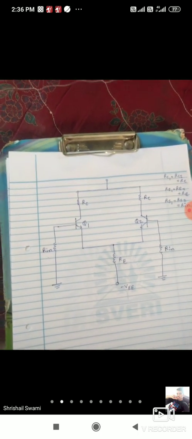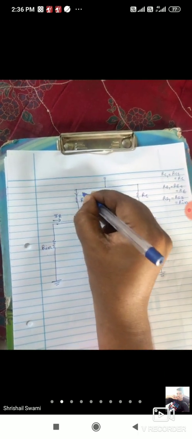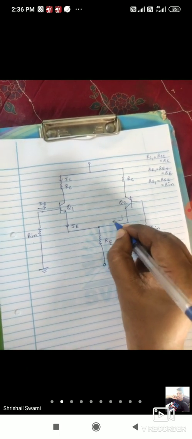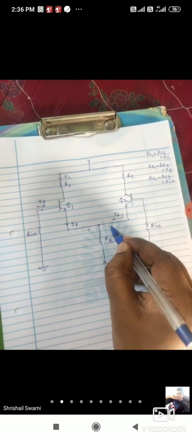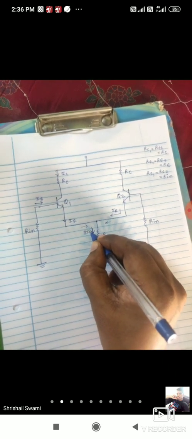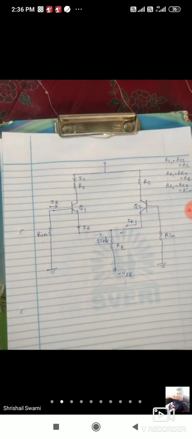Okay, now here the base current is flowing IB. Here the collector current is flowing IC. Here the emitter current is flowing IE. Here also the emitter current comes, IE. So two currents are incoming. This is incoming. This is incoming. So there must be outgoing current. Addition of IE plus IE is 2IE. Is that right? So you have to apply now KVL here in this loop.